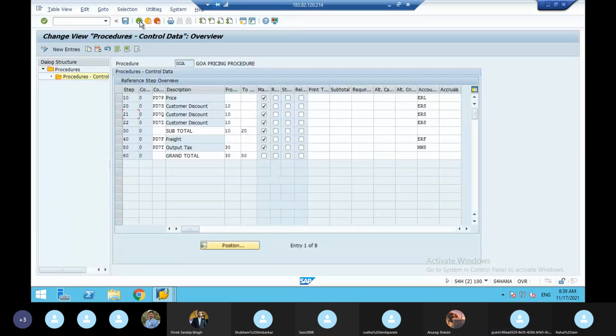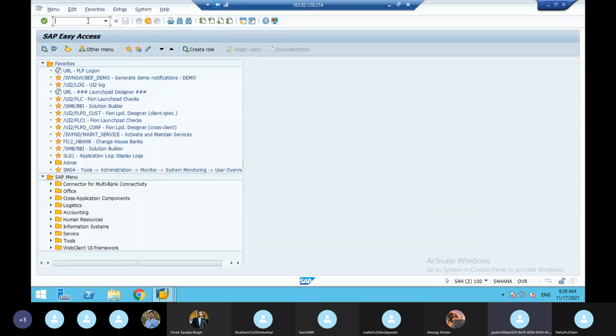Back. So here what will happen? See the screen here. I'm going to make it here 22. 22 is a step 22. See here 3 discounts. PD7S, PD7Q, PD7Z. So this is 2%. This is a 4%. PD7Z is a 8%. System has to exclude this. System has to take this PD7Z. So where I'll maintain? How I'll maintain? Just see now. So once you maintain this, now go to SPRO.